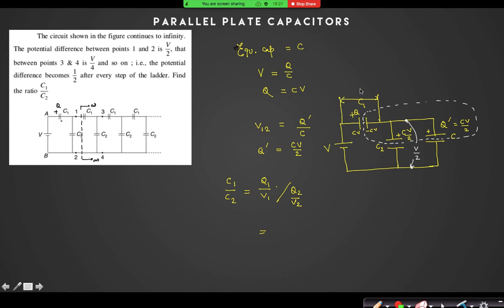V by 2. Yes. Because half of the potential is dropped here, so rest half will be dropped here. So it is CV by V by 2. Right? And divided by what is Q2? I know Q2 is CV by 2. And the potential difference across it is also V by 2. So you can see that V gets cancelled out, C will get cancelled out, right? So it will be 4 by 2, that is 2,